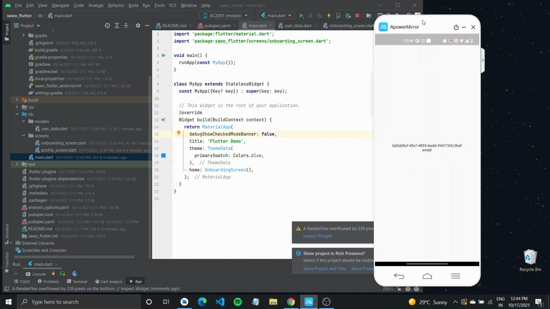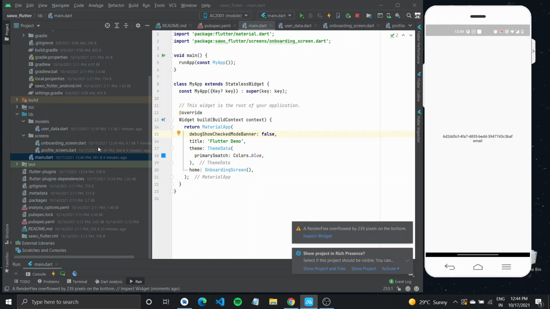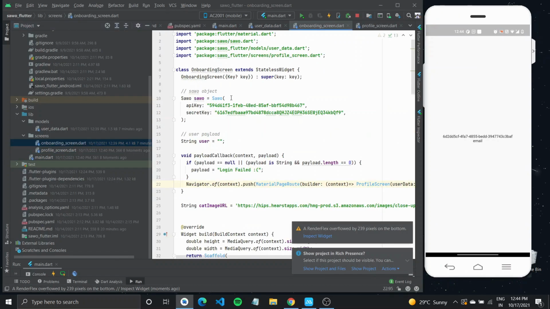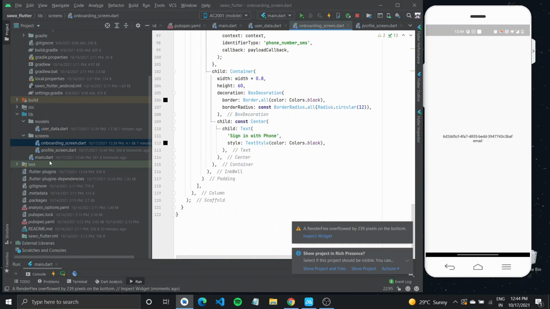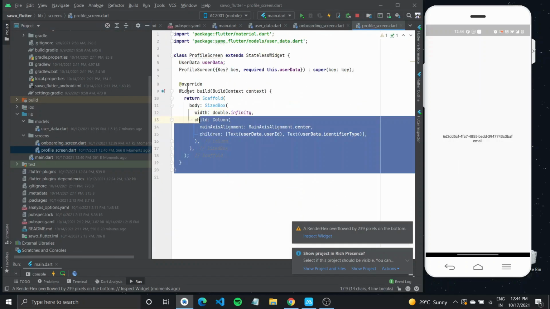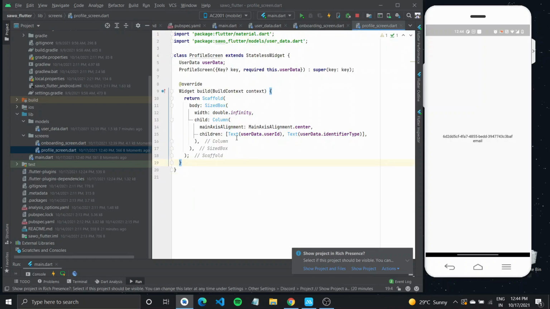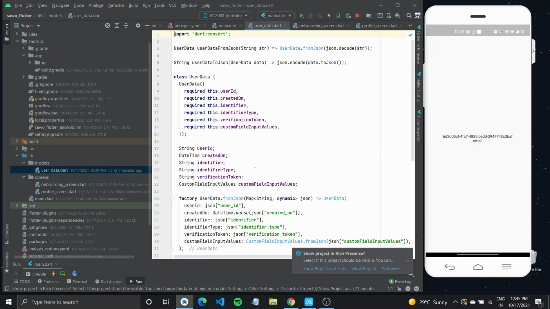So what I have done in code is I've created this onboarding screen which you saw previously, which had all the buttons, just a bit prettified. And then there is the profile screen which is kept simple, shows the text user ID, and this is how you can use it in projects of your own. If you want to use it with the database where you want to save the user data with the user ID. Also, I've created a custom model which has everything that you need to work with the response.